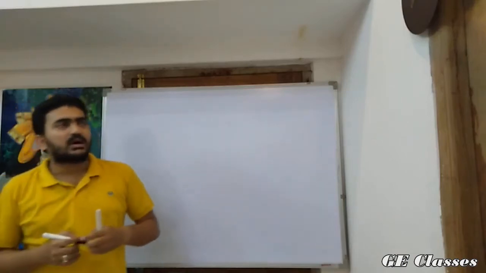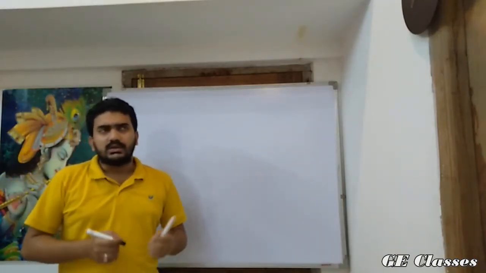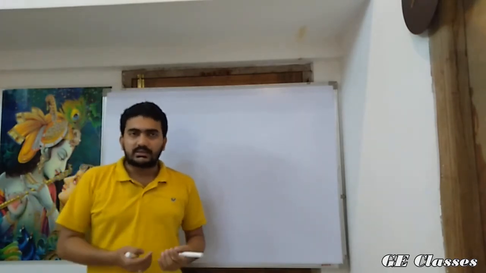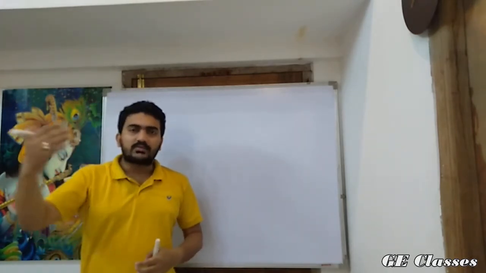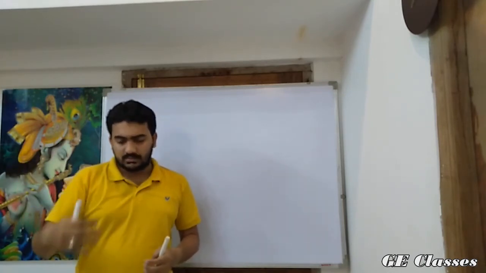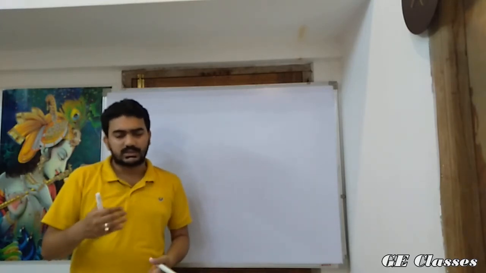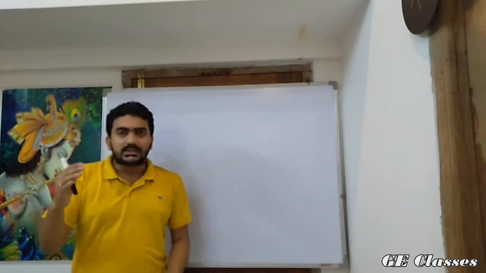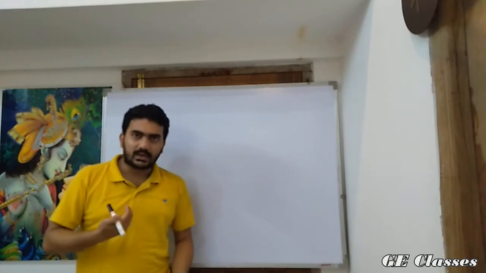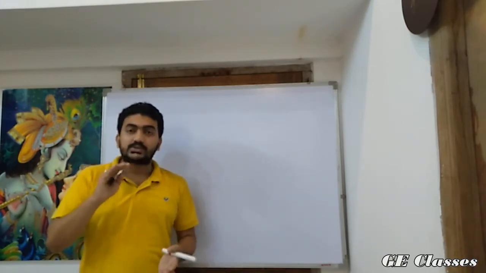Now we have talked about reflection, we have talked about images, we have talked about mirrors. Now let us come to some practical things. When we stand in front of a mirror, we see ourselves. If we keep on moving towards the mirror, then we see that our image also starts to get larger in size, and while we go back from the mirror, then we see that our image starts to shrink.